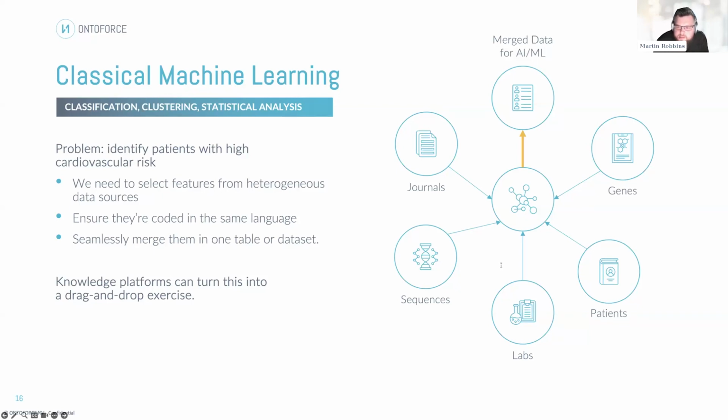In traditional data science, probably the first thing that someone will want to do is to look at all of the data that's available connected to patients and try to identify the key features, the raw data attributes about patients that are most important to feed into the machine learning model. The problem, of course, is that those features are scattered across all kinds of different data sets and different types of data. So, in this domain, for example, we might have patient records in FHIR or SNOMED or a similar